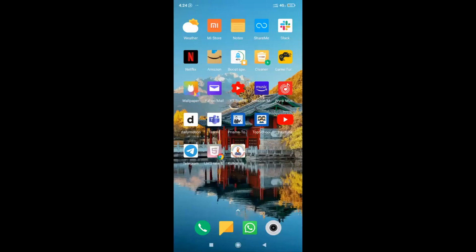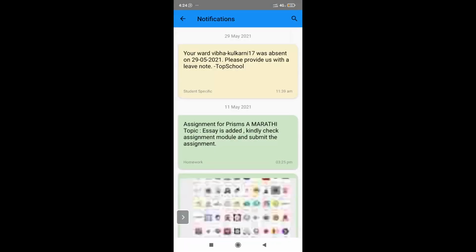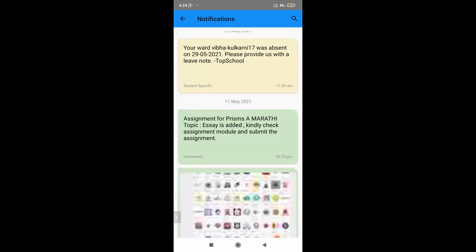Thank you. I'm checking the notification tab. See, for my attendance notification there'll be a push notification, and the children will be able to open it and check. Fine.